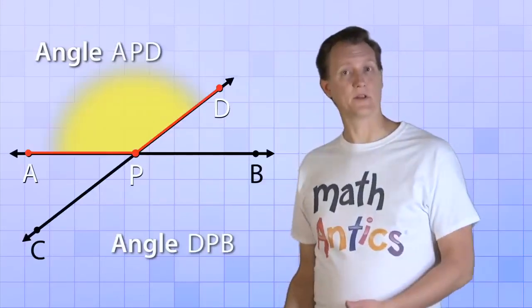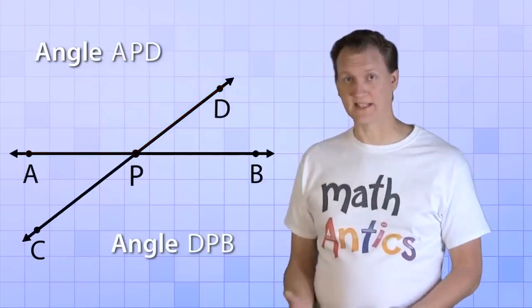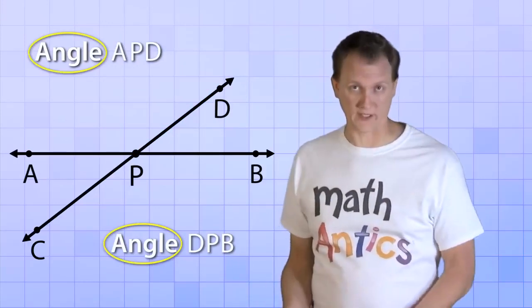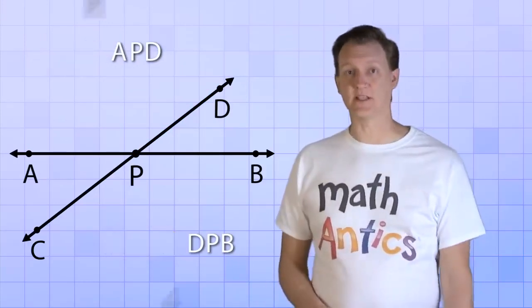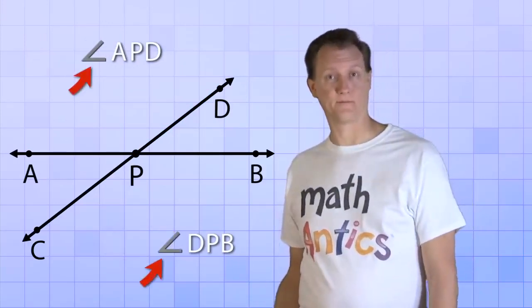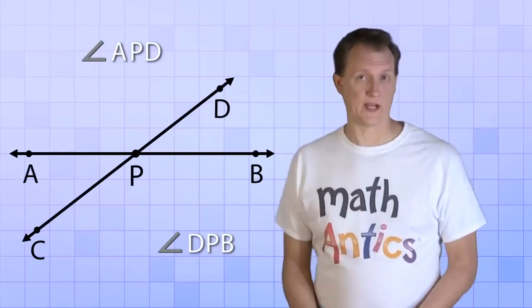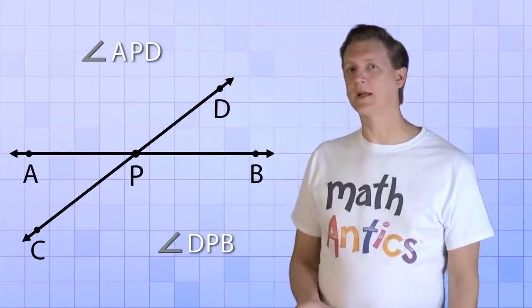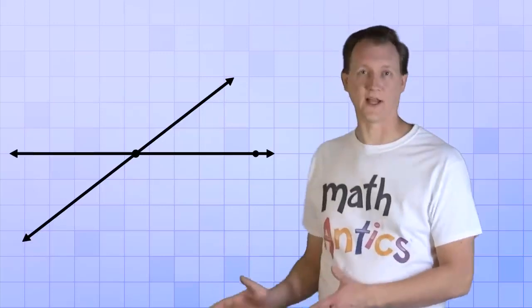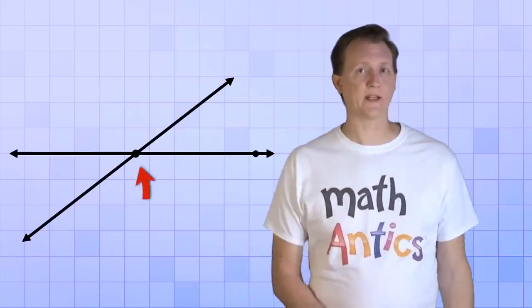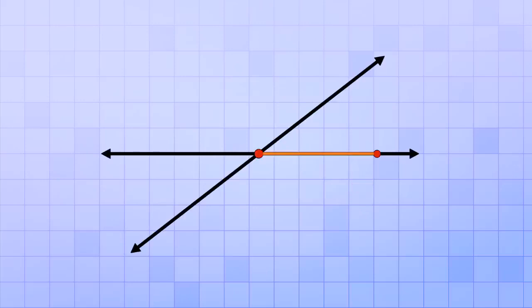Now when naming angles, there's a nice shorthand that we can use. Instead of writing the word angle over and over again, we can just use the angle symbol instead, which looks like this. But there's an even simpler way to name angles. To learn that way, let's erase all the points and letters on our lines except for the intersection point and this one point here. Now let's imagine that the line segment between these 2 points can rotate around the point